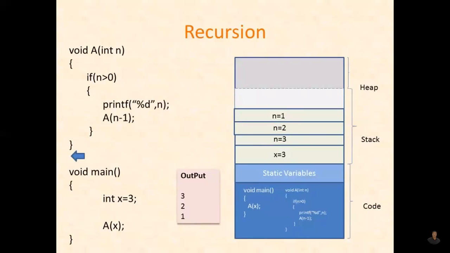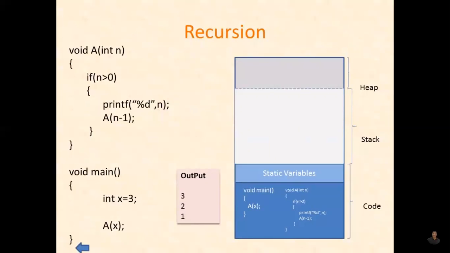This time the condition has failed, so it has terminated and its activation record is gone. Now it has to go back to the previous function call. What was that? It was nothing but a call with the value of n as 1. So it goes back and terminates that, and n is equal to 1 is gone. Similarly, the next record is gone, the previous record is gone, and again its previous record is gone, and main has ended, its record is also gone.